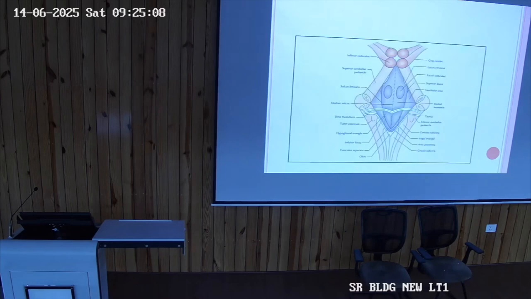Yes. So just look at this picture. This is the floor, shown in the purple color. This is the floor of the fourth ventricle, which everyone should know. You have to show the structures in the viva. So this one is the median sulcus, which is dividing the floor into two halves, and then each half again is divided by another sulcus, that is the sulcus limitans. So I have talked about two sulci. One is the median sulcus and one is the sulcus limitans.